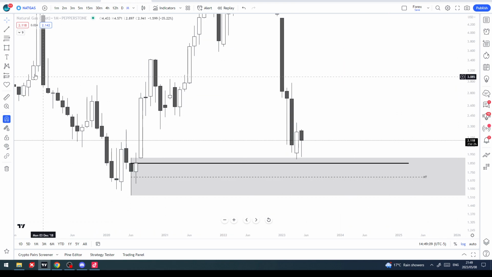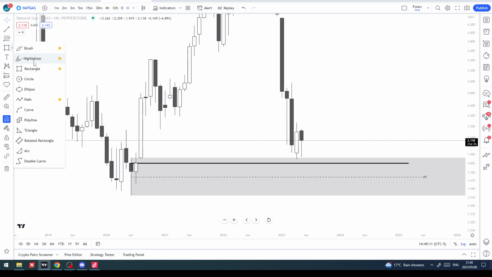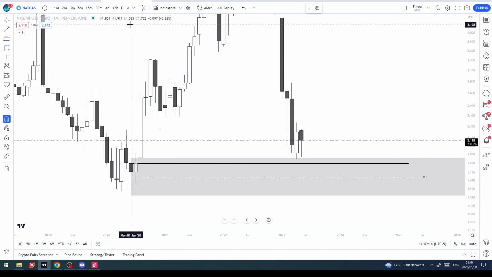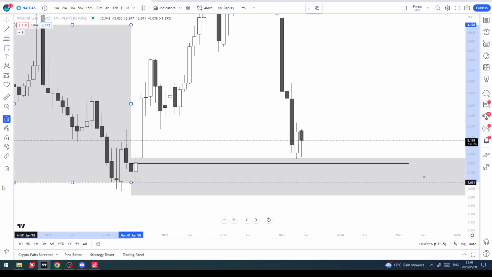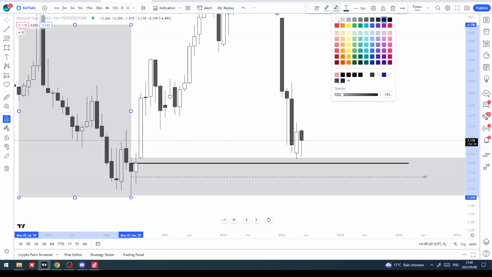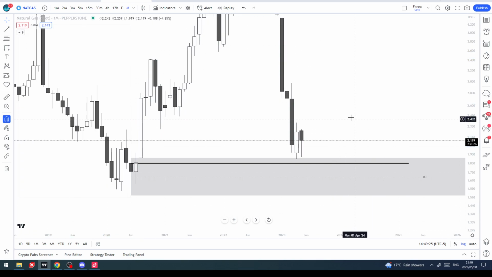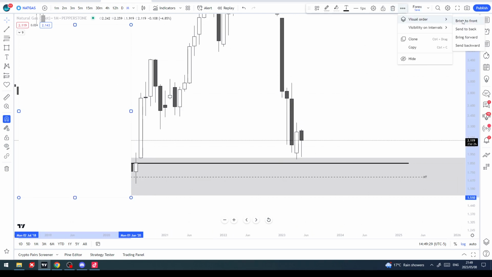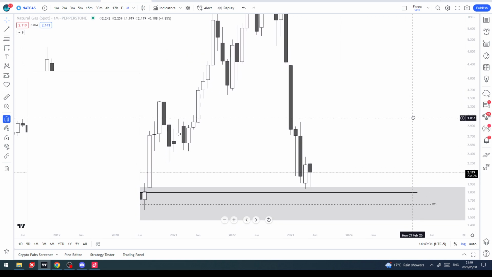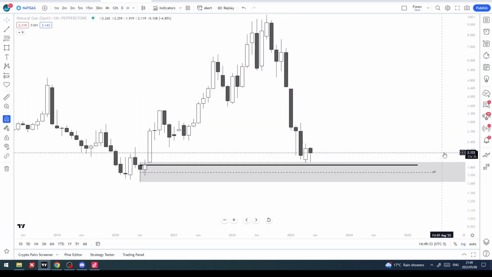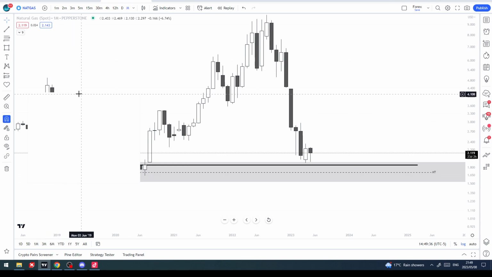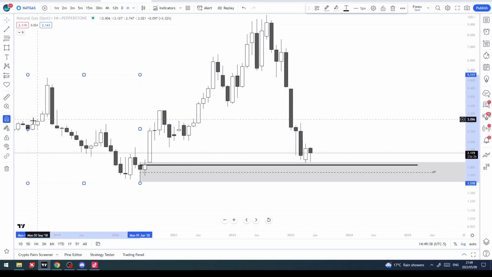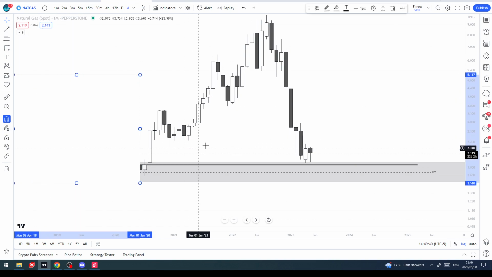right? Because if we take away all of this, everything that happened here, we take all of this away as if it didn't happen. Let's see how we can do that. There, right? And the delivery started there. Visual order, bring to front. Right, so that's what we're seeing with all of this delivery. So it's as if none of this actually ever happened, right? We'll look at it there.